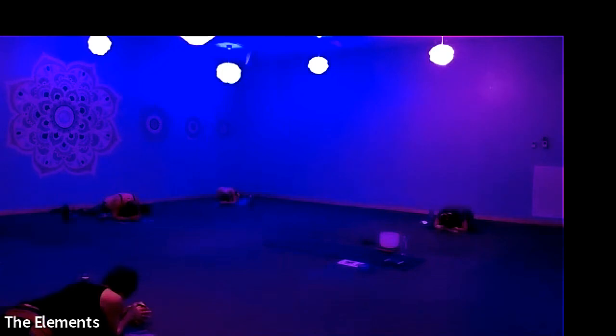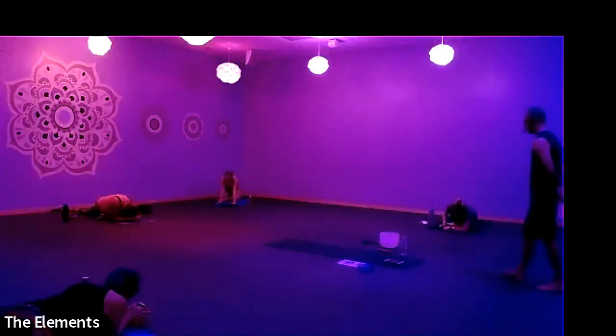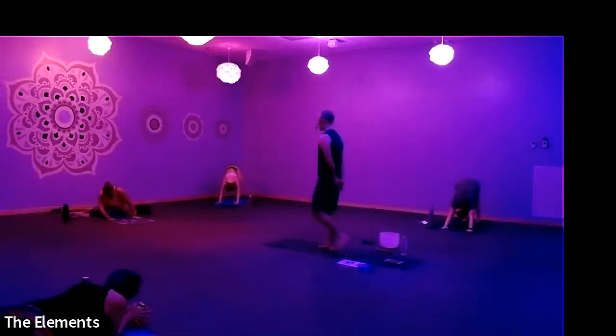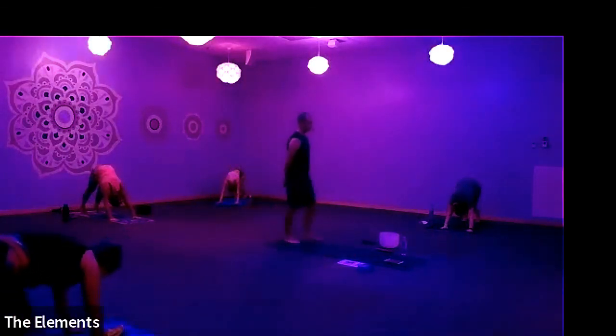Just take a full breath in and an easy breath out. Place the hands underneath the shoulders, lift the upper body, press back to down dog. Notice how this one feels versus the first one we did today. And then just drop your knees down on the mat, turn around, lie down on your back